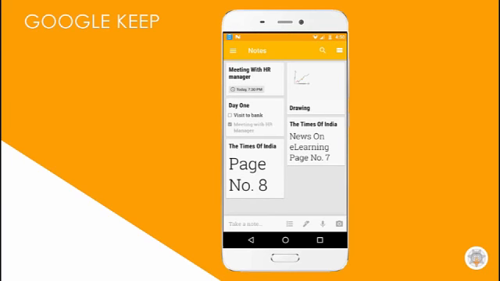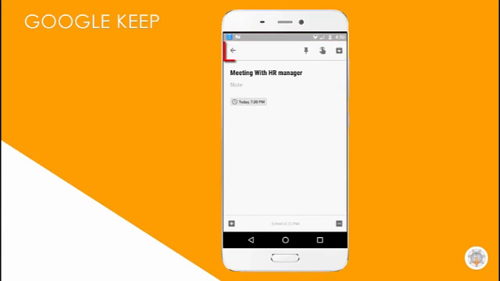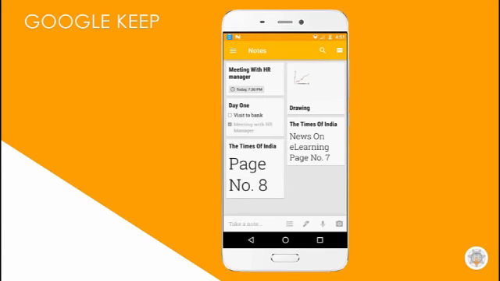You can tap on any one and open it. You will get the same options as we saw in the desktop version. Go ahead and enjoy Google Keep. Thus, Google Keep helps you start a time-based reminder to make sure you never miss a thing. Google Keep can be accessed from your phone, tablet and computer. Everything you add to Google Keep syncs across your devices, so your important stuff is always with you.